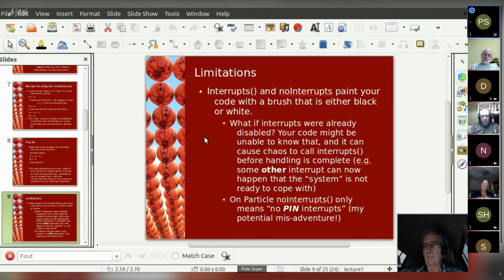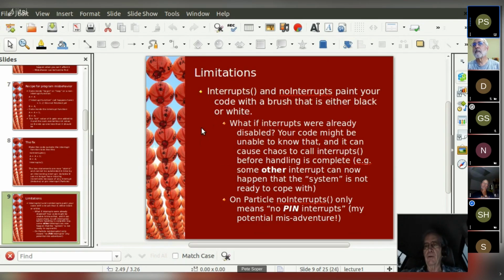You've either disabled them or enabled them, and you have a dilemma if you can't know whether interrupts are already disabled. So if some containing function has disabled interrupts and has to call your function, and you have some critical sections where you know that other code in your system might execute that same sequence or might try to re-execute your code, then you really have to disable interrupts.